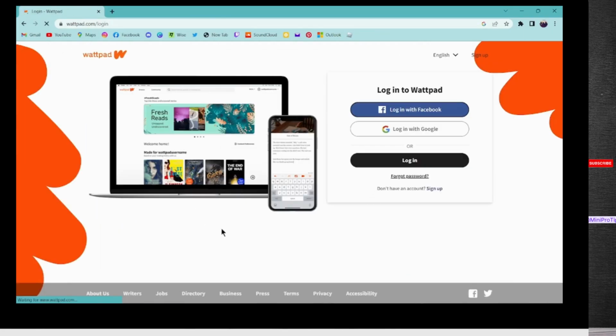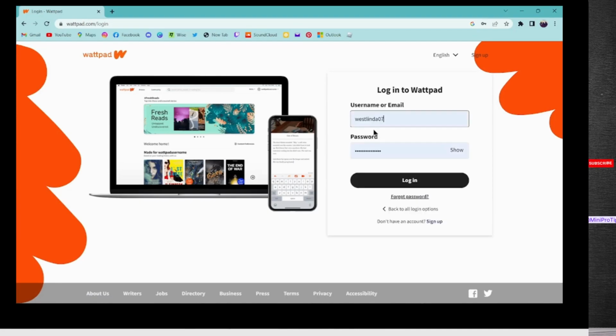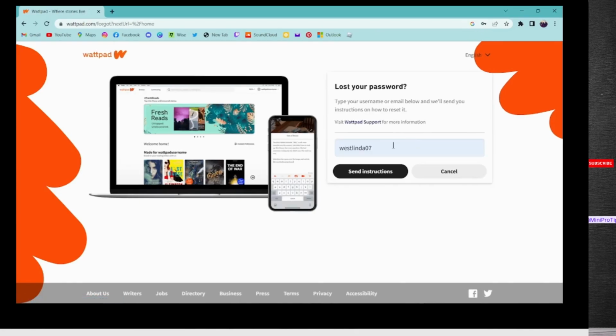Now it will take you to the web page, and if you want to reset your password, you have to simply go to login. Click on login, and then here you have to enter your username or your email address, and then you have to enter your password. But if you want to reset and if you have forgotten your password, then you have to click on forgot password, and now you have to enter your username, or you can also enter your email address, and then you